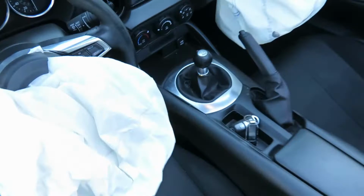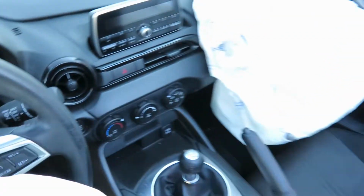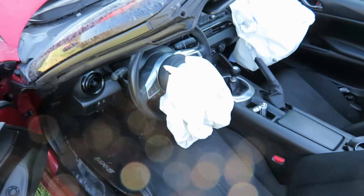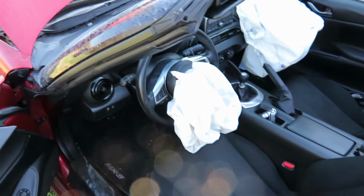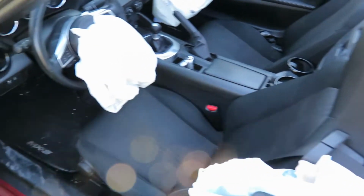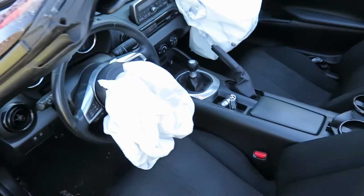It's pretty clean. Might need a new shift knob. It's kind of gross looking. But like I said, it wasn't hit too bad in the front, so the air conditioner still works. The coolant system wasn't damaged. So that stuff works, but this is a basic